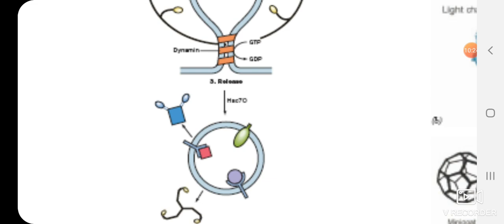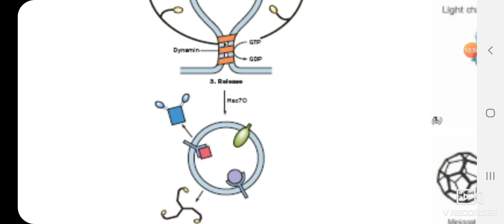So these homologous proteins attach to this clathrin coated vesicle, and they start unfolding, or otherwise I can say depolymerizing, this clathrin triskelion, means starts removing the clathrin by using ATP. So thereby they are going to uncoat the vesicle and release the uncoated free vesicle,